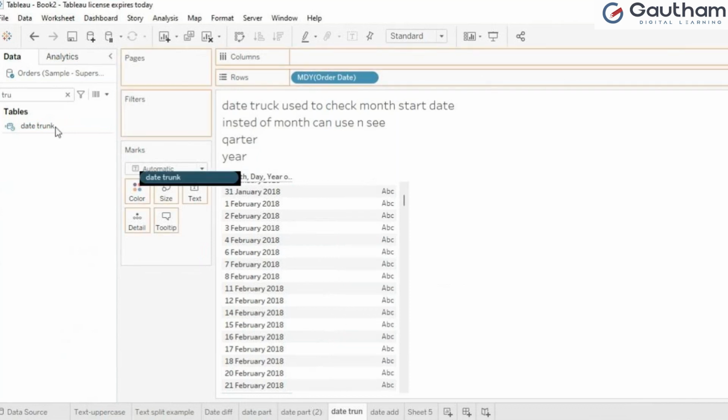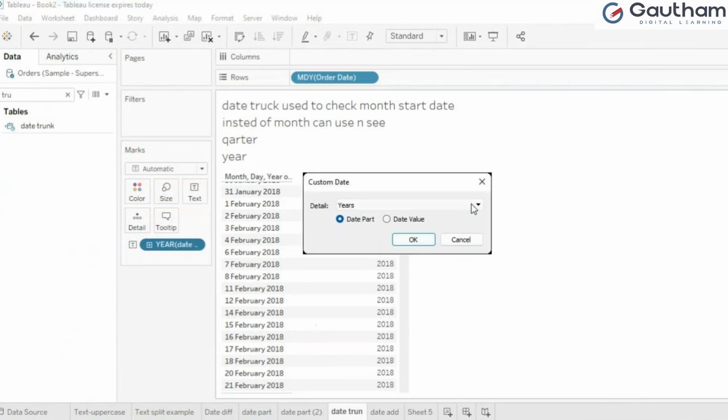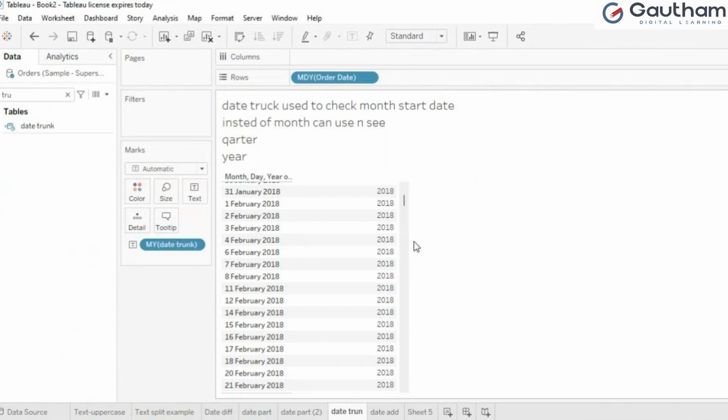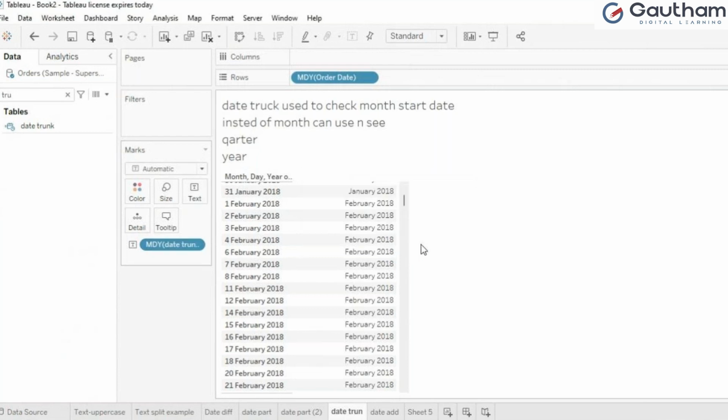Okay. Here only year came, no? So what you have to do? Yes, go to the discrete and go to the custom. Whatever the custom field which you want to look, only month and year you can. Or date, month and year, everything if you want to see, go to custom and go here, and month, day and year, this way you can see. See, the same data you are able to see.